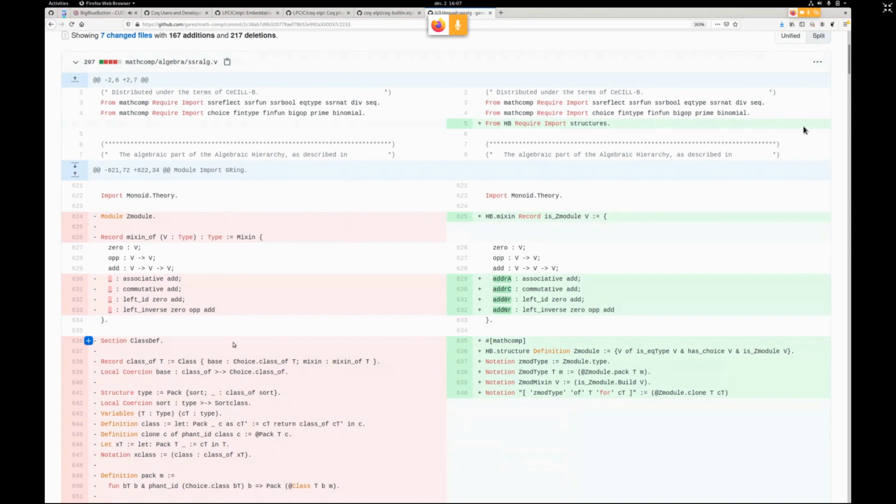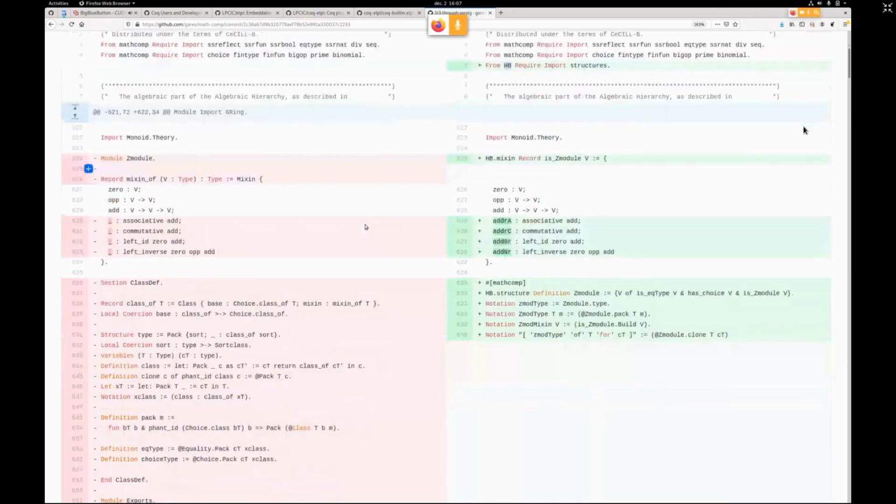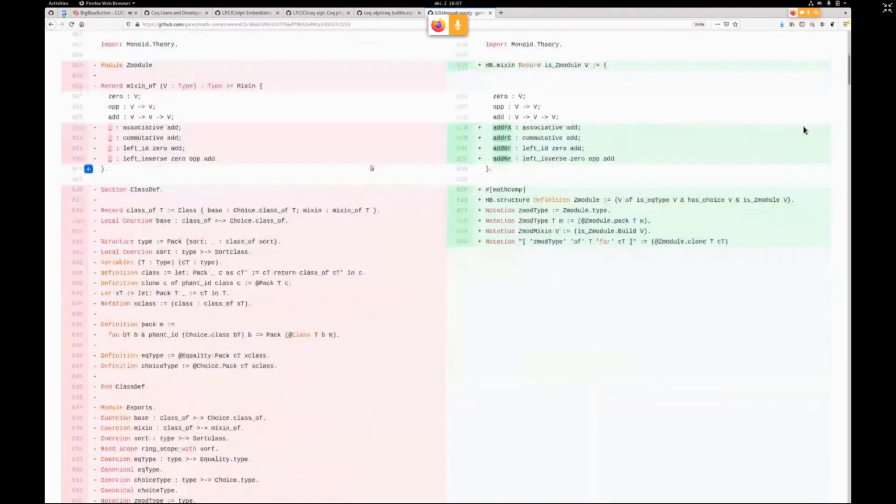On the left, you have the current state of the file. And on the right, you have a new version of the file where we use commands implemented in Coq Elpi. Together with Cyril and Katsuhiko, we implemented this little program called Hierarchy Builder in Coq Elpi that provides a couple of commands. And as you can see, what you have on the right is much smaller than what you have on the left. What you have on the left is a long script